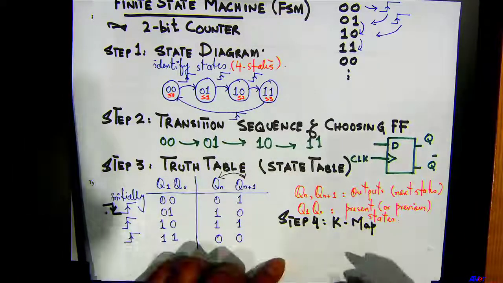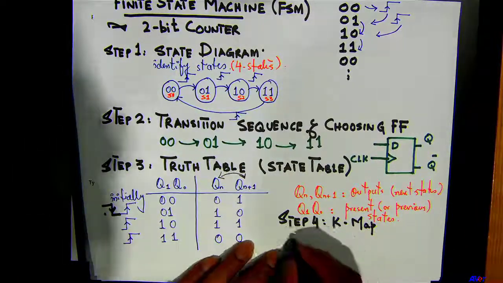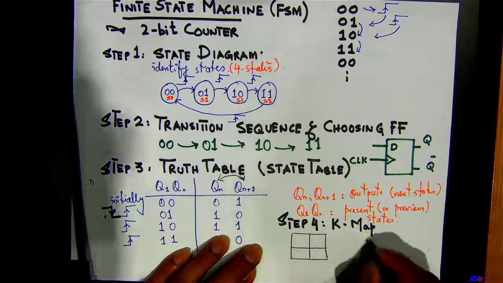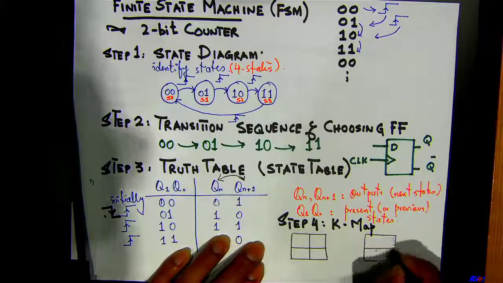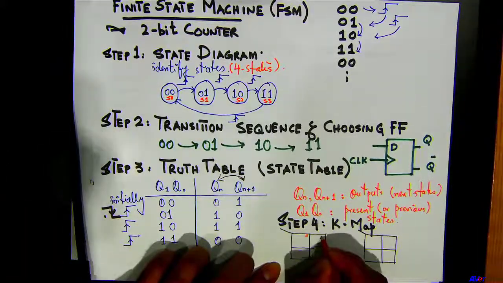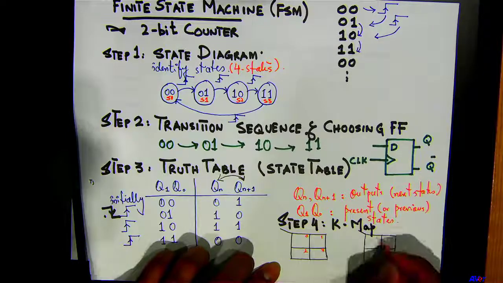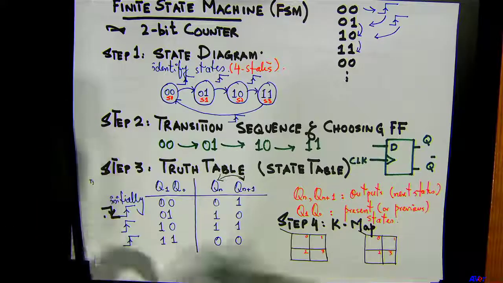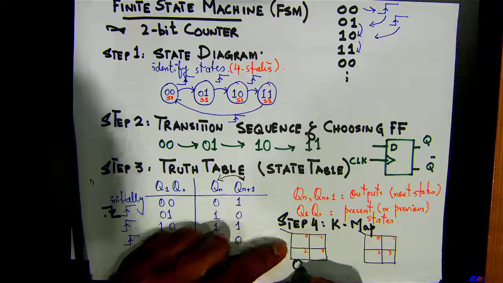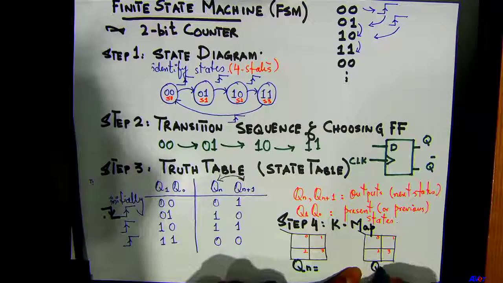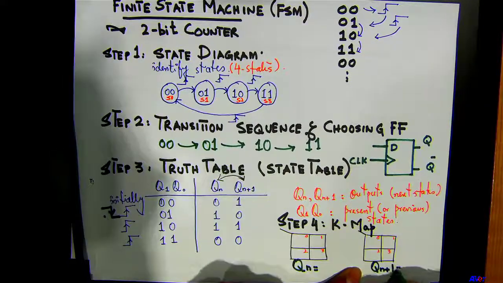Okay, so 0 1 2 3. Let's do this one for Qn, and let's do this one for Qn plus 1. Okay,